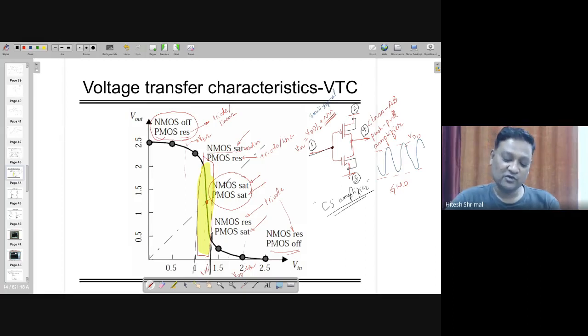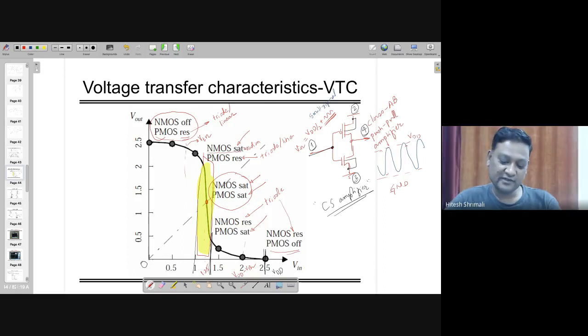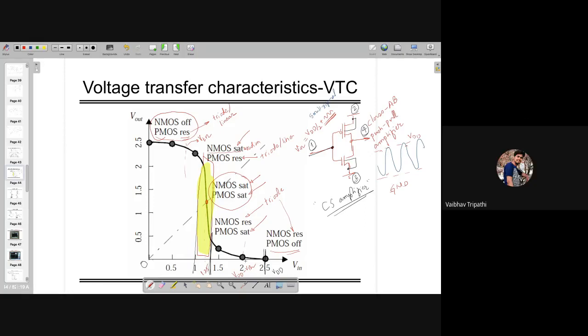This plot is from going from 0 to VDD, where VDD equals 2.5. Then, sir, is there any general value of this point where the NMOS is in saturation and the PMOS is in the resistance region? Yeah, this is a universal thing, right? So these values might be going here and there, but from 0 to VDD, it will act this way only. These values will depend on the threshold voltage of PMOS and NMOS, and then you can draw accordingly. We have a relation with the threshold voltage of PMOS and NMOS at this point.